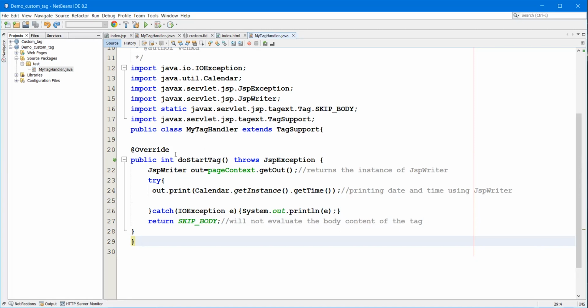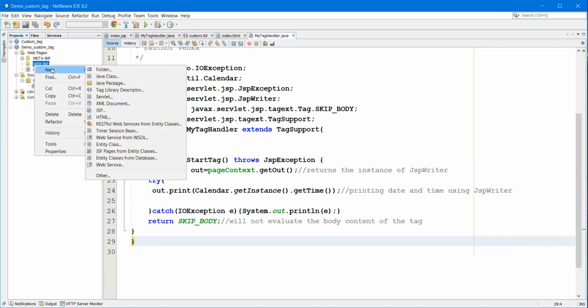Now what we need to do is create one tag library. I already told that we need to create the tag library descriptor in WEB-INF. In WEB-INF we need to select new tag library descriptor. I already used it, that's why it is showing.